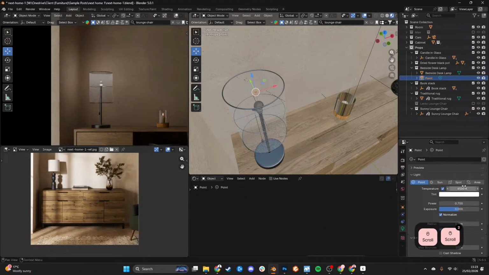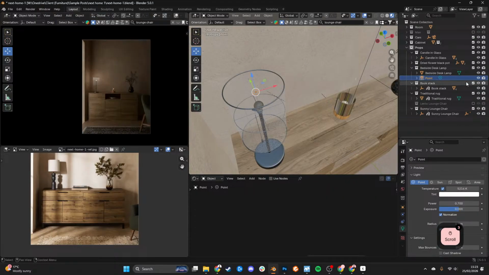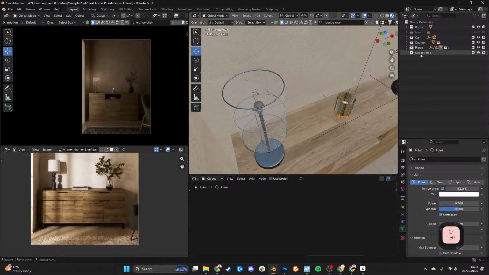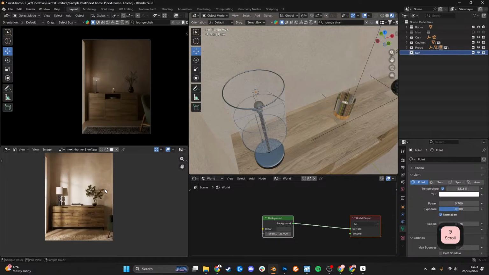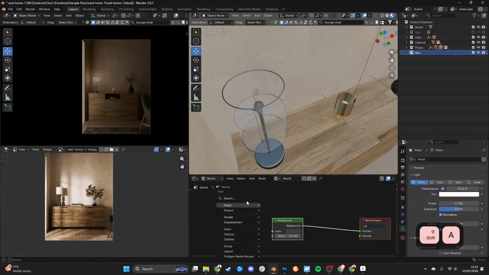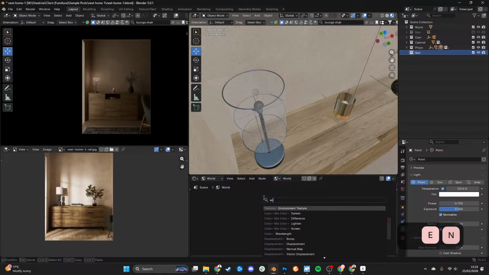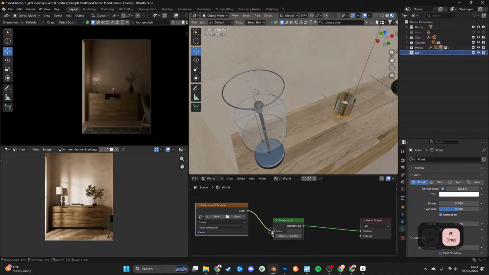Add temperature to this and turn it down. Something like that will be good. We're going to do two things. We're going to first of all choose a HDRI that matches the style that we want, and then secondly we're going to add a sunlight to create this effect right there. We might have to add something in the window to make these lines, but first of all we'll make an environment texture,